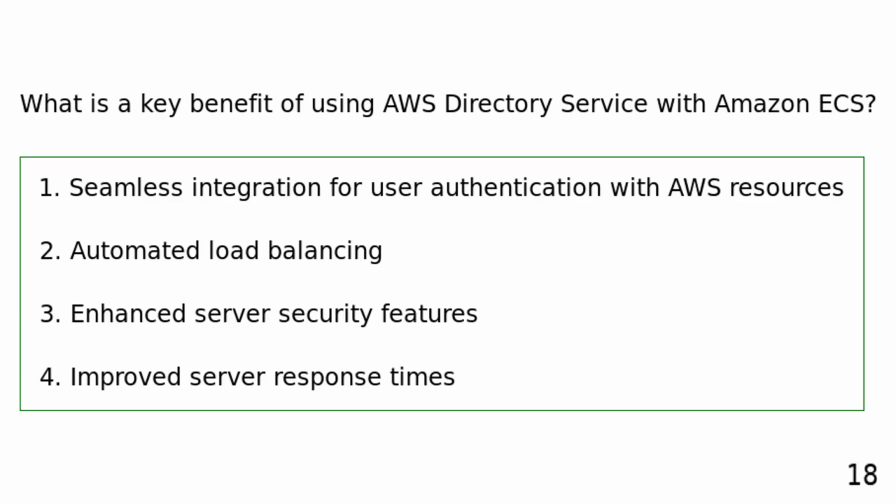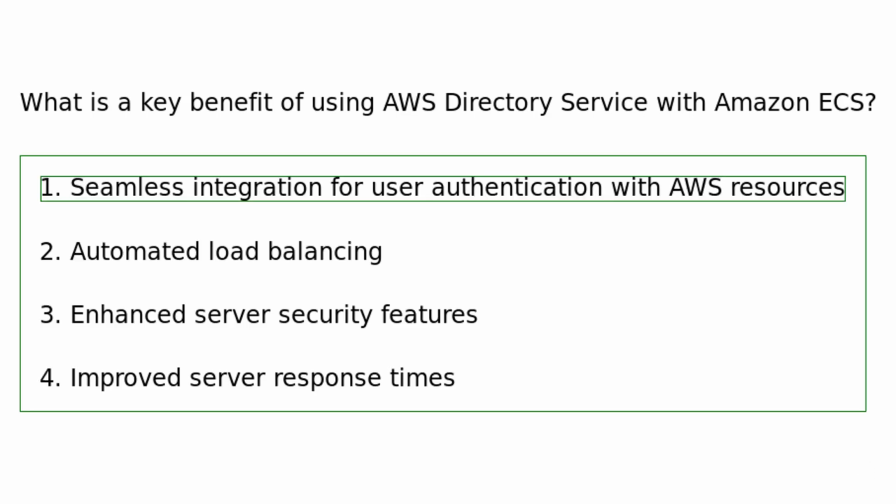What is a key benefit of using AWS Directory Service with Amazon ECS? Seamless integration for user authentication with AWS resources. Automated load balancing. Enhanced server security features. Improved server response times. AWS Directory Service allows for seamless integration of user authentication with Amazon ECS services, simplifying access control and authentication mechanisms